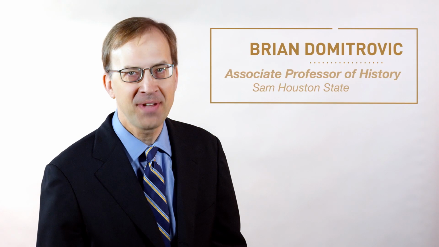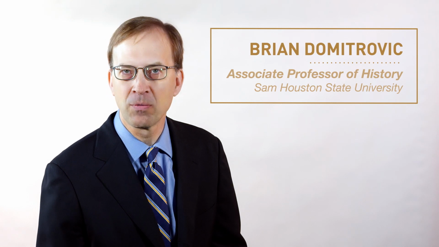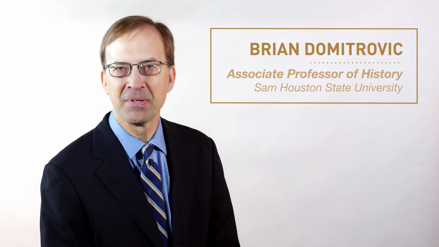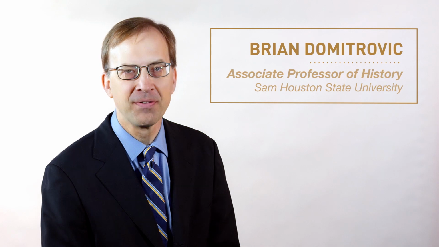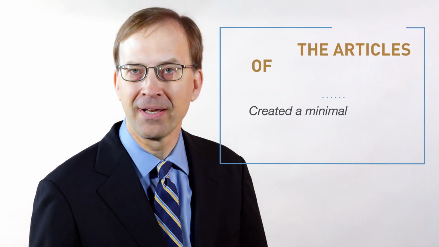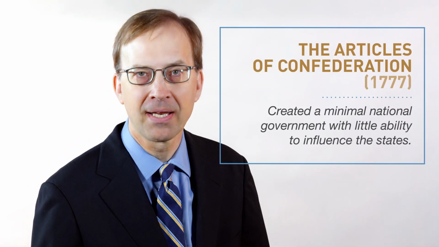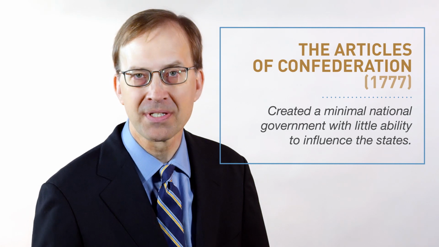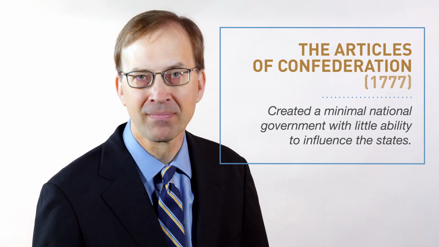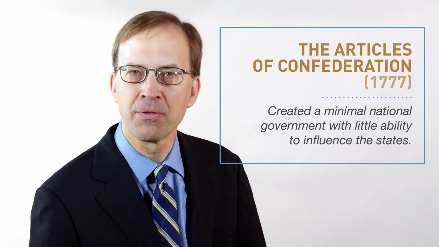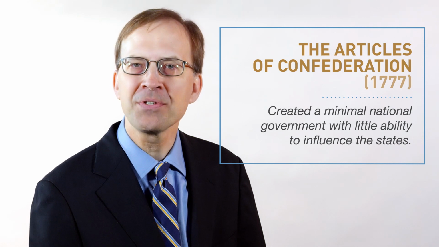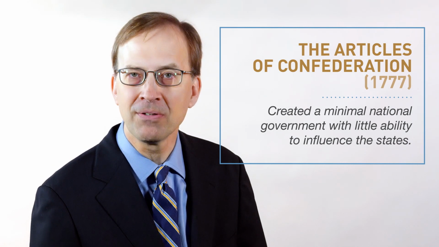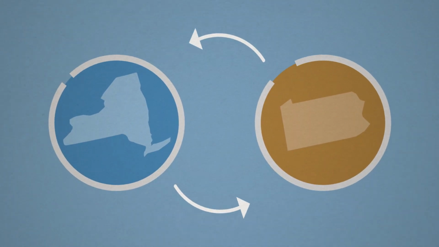When the United States separated from Britain during the Revolutionary War, the first national government was established under the Articles of Confederation. The Articles created a minimal national government that had little ability to bend the will of the states toward the national interest. This limitation of federal authority became apparent when several states in the new nation became involved in trade disputes. In the years prior to the passage of the Constitution in 1789, states routinely passed tariffs on